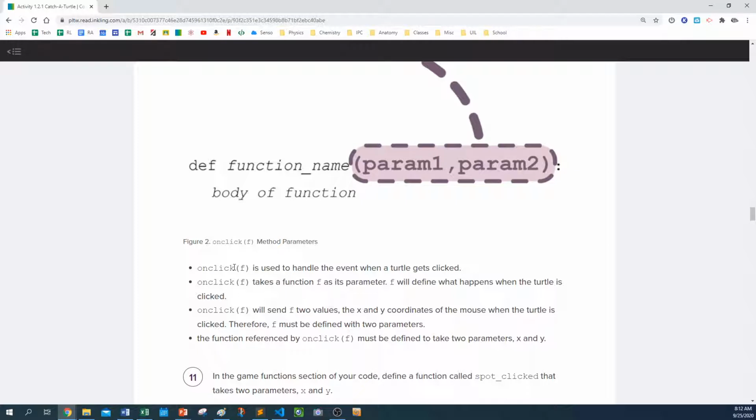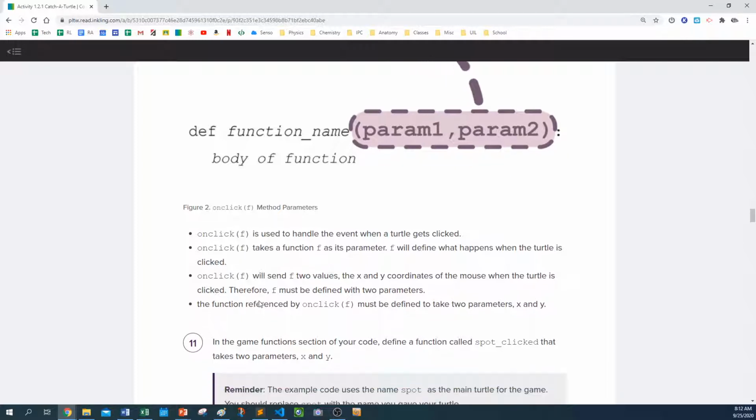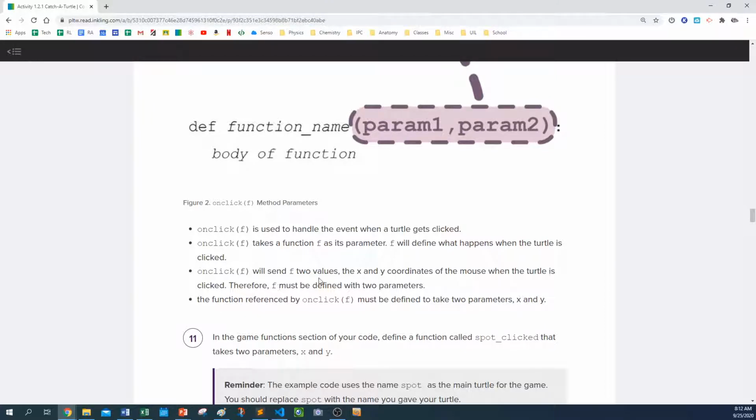So this is onclick. This would be the left click of a mouse. F is a parameter passed in. So here's the next description of it. This method takes a function f as a parameter. So you pass in a function to this. F will define what happens when the turtle is clicked. So on click, it will send f two values, the x and y of the mouse. So when you pass in, what it's saying here,